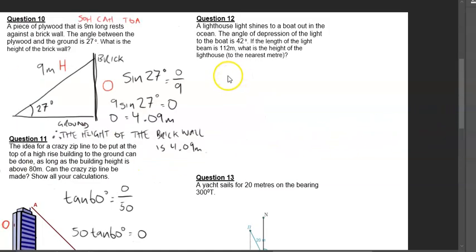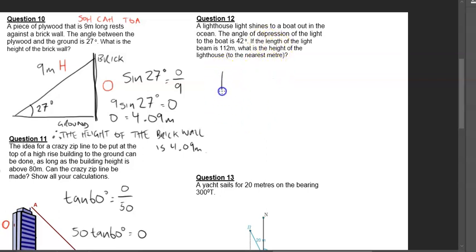Alright, question 12. A lighthouse light shines to a boat out in the ocean. The angle of depression of the light to the boat is 42 degrees. If the length of the light beam is 112 meters, what is the height of the lighthouse to the nearest meter? So different approaches of how you use this, and there's different trigonometric identities. The way that I would approach this, there's no wrong way, but the way that I would approach this is